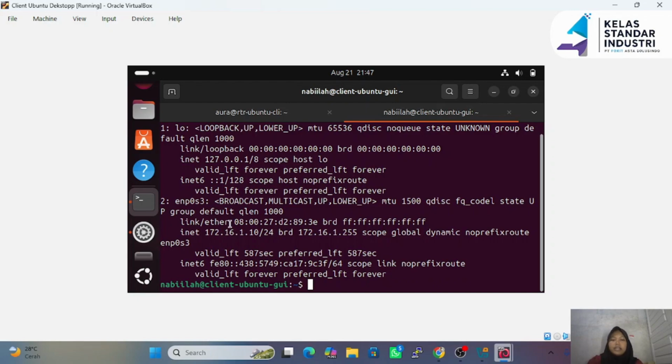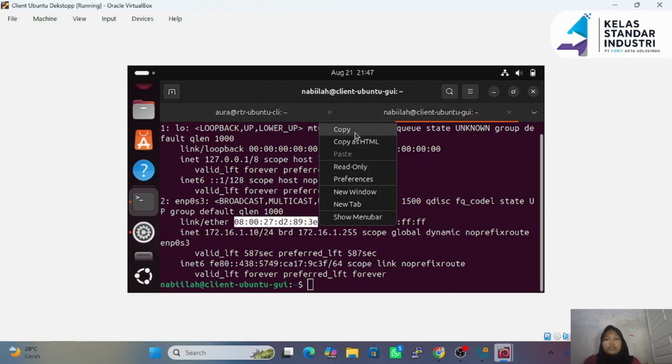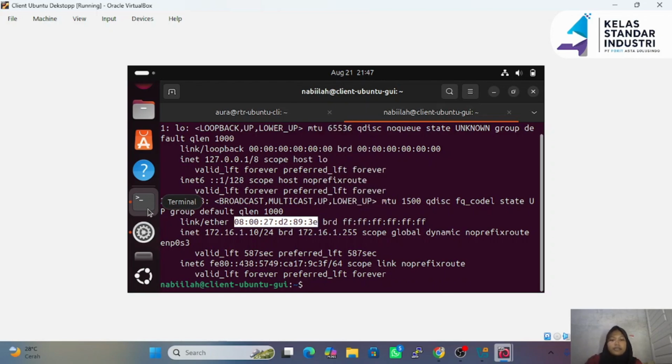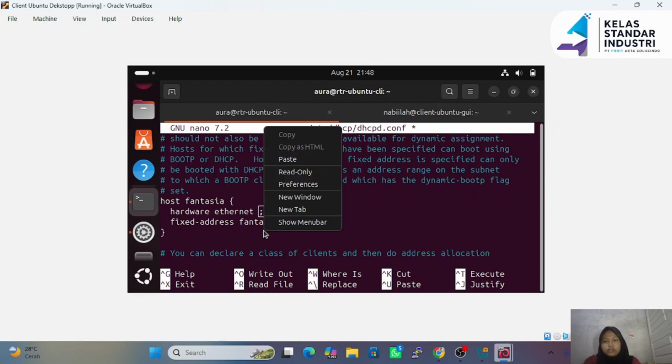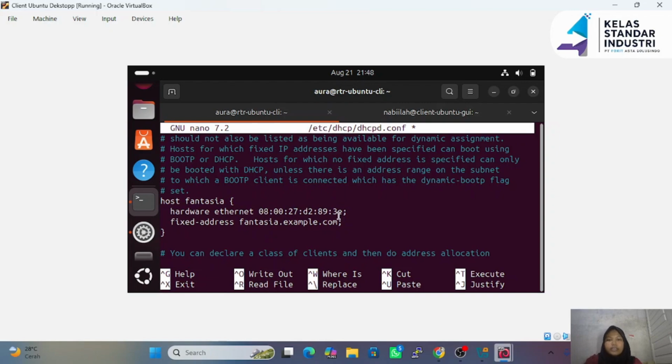We can copy the MAC address, and then go back to the router here. In the hardware ethernet section, remove the existing value and paste the MAC address we copied earlier, like this.